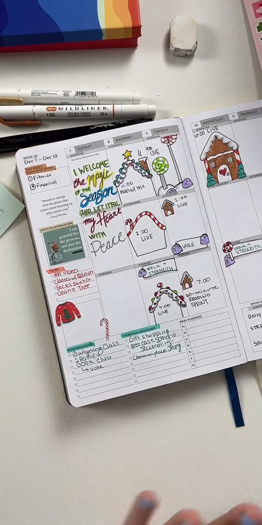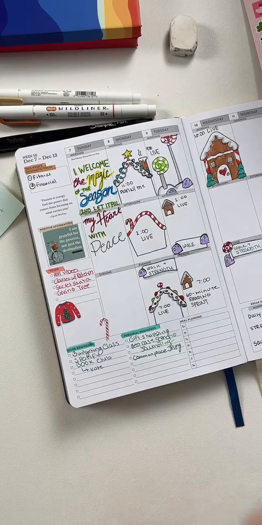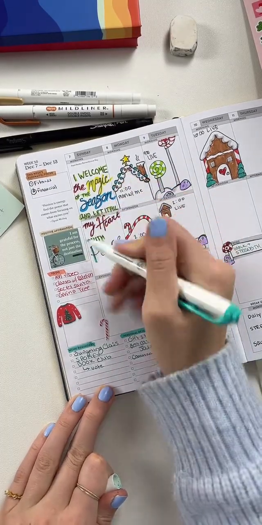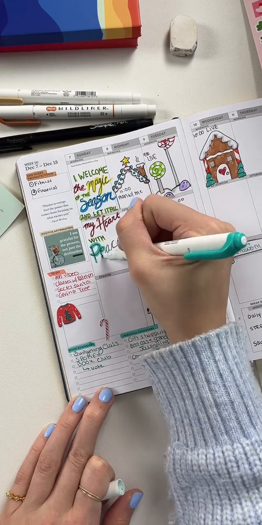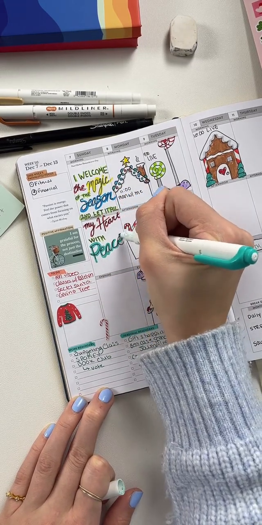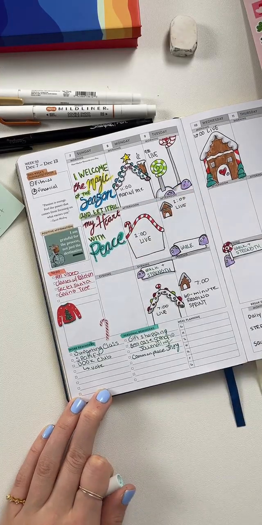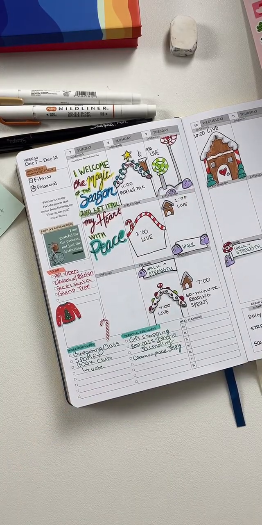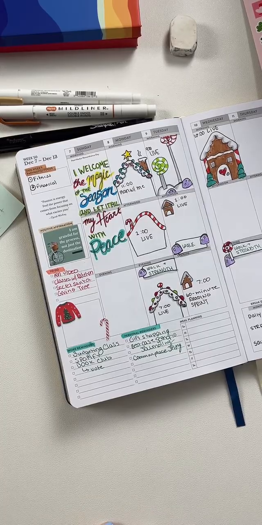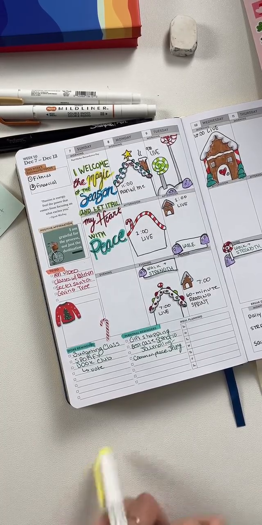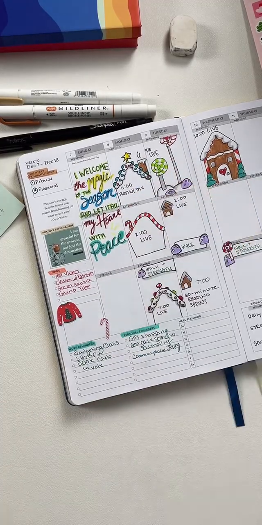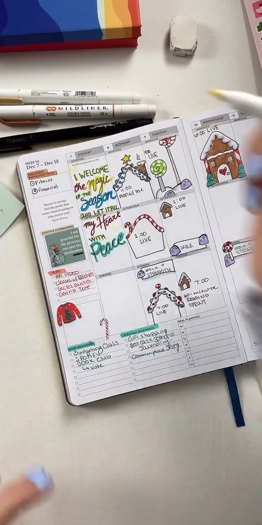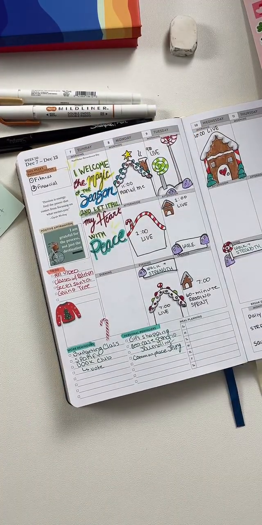I like that blue. No, we're actually going to make it like a green. Why not? I want this to be like colorful. Perfect. And then what we're going to do is take this yellow, and we're going to go like that. Cute.